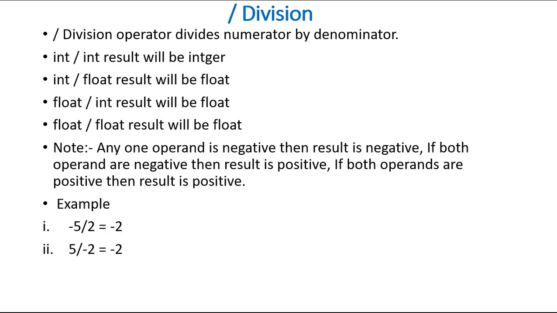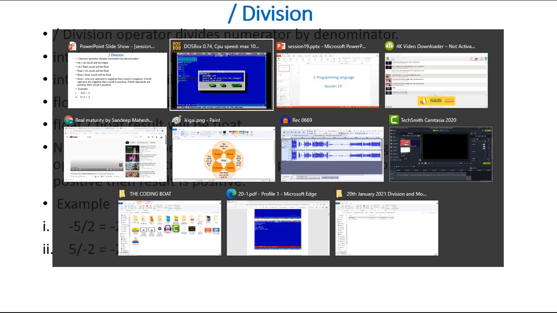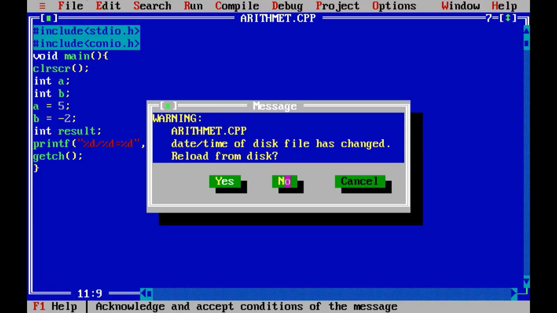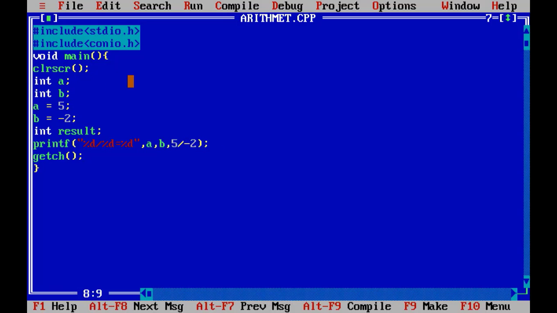Here we have another example. If numerator is positive and denominator is negative, then what will happen? Let's check the answer practically. I will make minimum changes in current example. I will take numerator negative and denominator positive. Here what is our numerator?